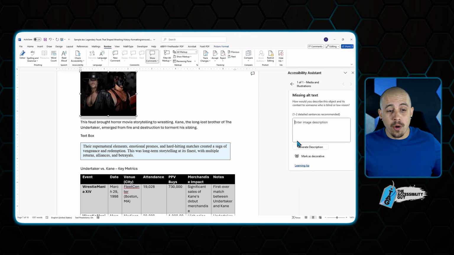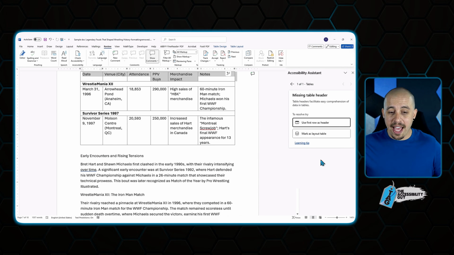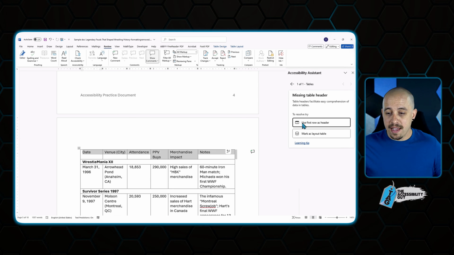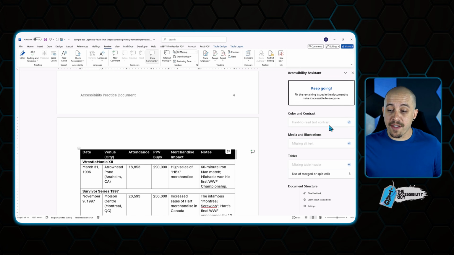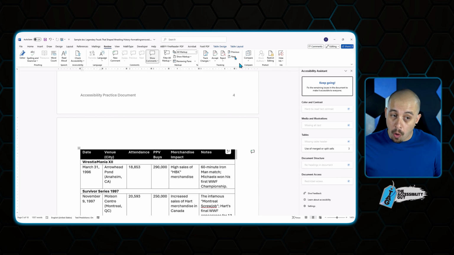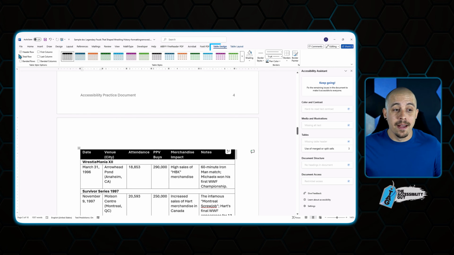In this example, we have an image that's missing alternate text. Let's go ahead and add in alternate text or mark our image as decorative. In this example, let's just mark it decorative. We have content that's missing a table header, and when I select the button, the accessibility assistant jumps us right to that location. Now in this example, I could either mark it as a layout table or use the first row as the header. Or we could select table design and choose which headers we want to apply to our